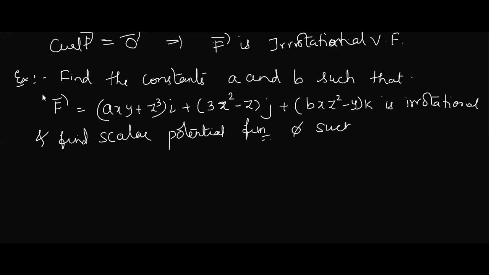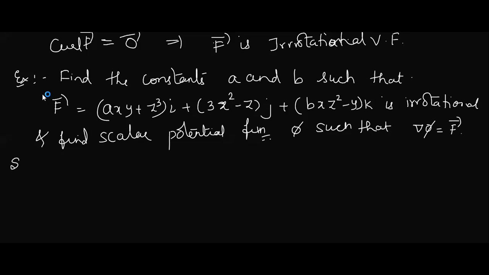Such that, can anybody tell me what is the condition for scalar potential? Today only we discussed it. Curl of F bar? No, not for irrotational. I'm asking the scalar potential phi obtained will satisfy one property. Del phi is equal to F bar. The given F is an irrotational vector field. So sometimes this condition may be given or may not be. You need to remember it.